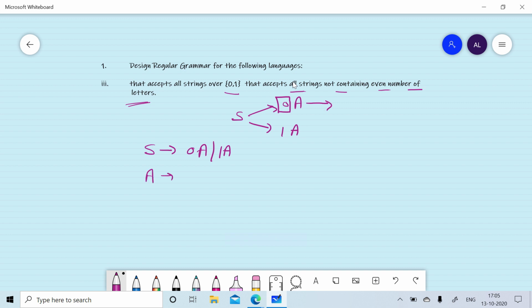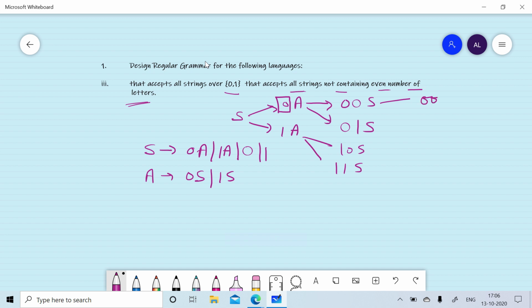If we replace A by 0S or 1S, we will reach back to the non-terminal S, that is 00S, 01S, 10S, 11S, and so on. We can generate an even number of letters, and if we terminate S by 0 or 1, we will get an odd number of letters like 000, 001, 010, 011, and so on.